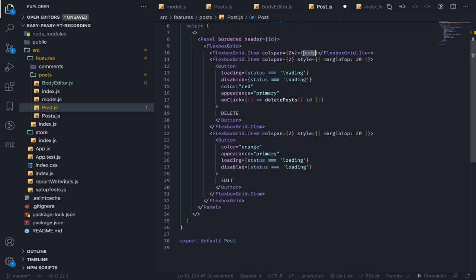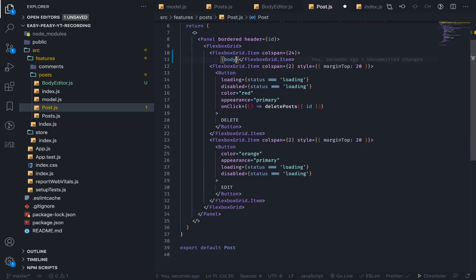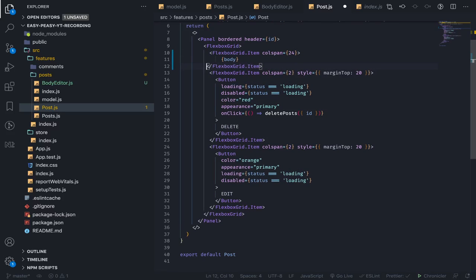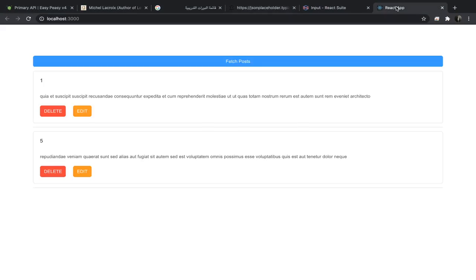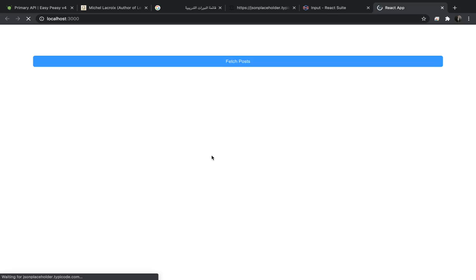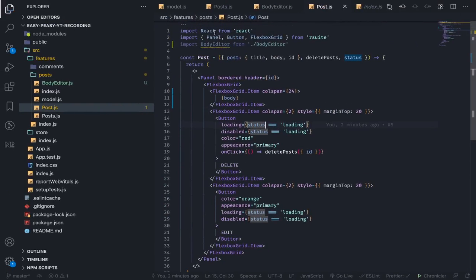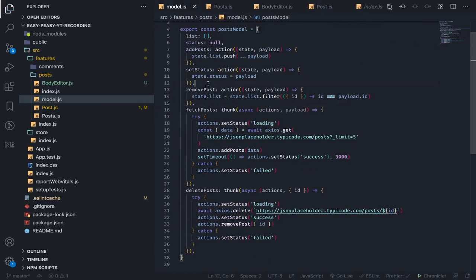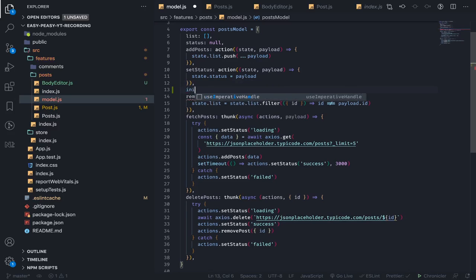And instead of showing the body, we need to add a condition. If the edit button for this component has been clicked, replace the body with a form. But how can we do this? We can do it with the store. So I will create an action called init edit mode. This will be equal to this. I will pass it a callback function,